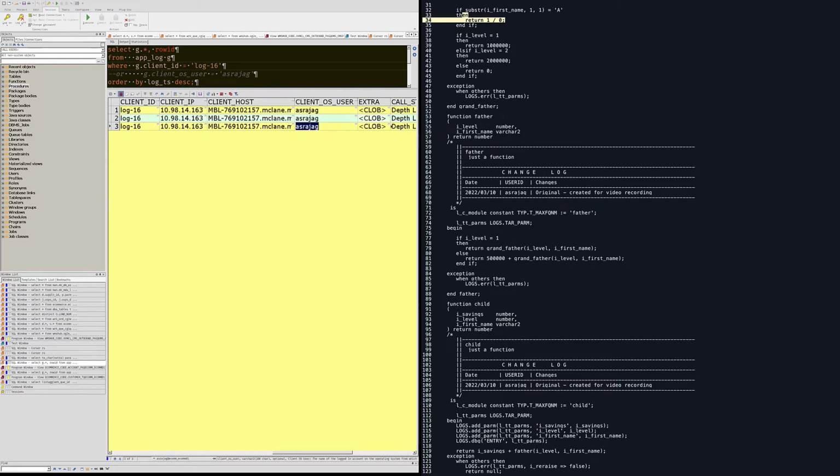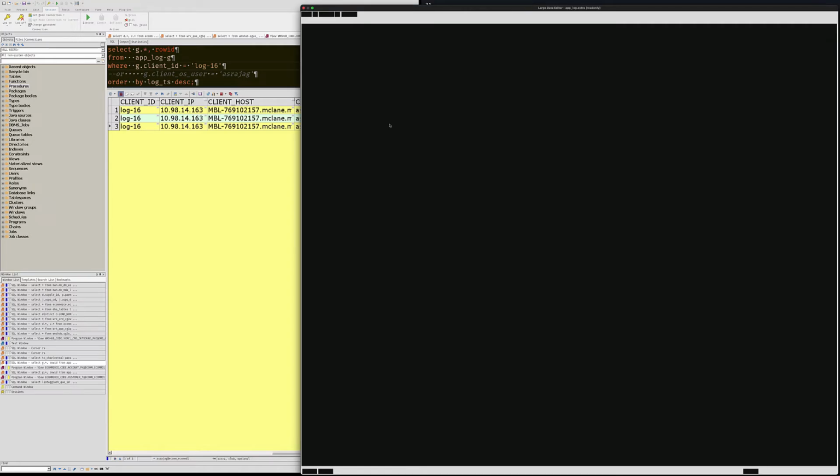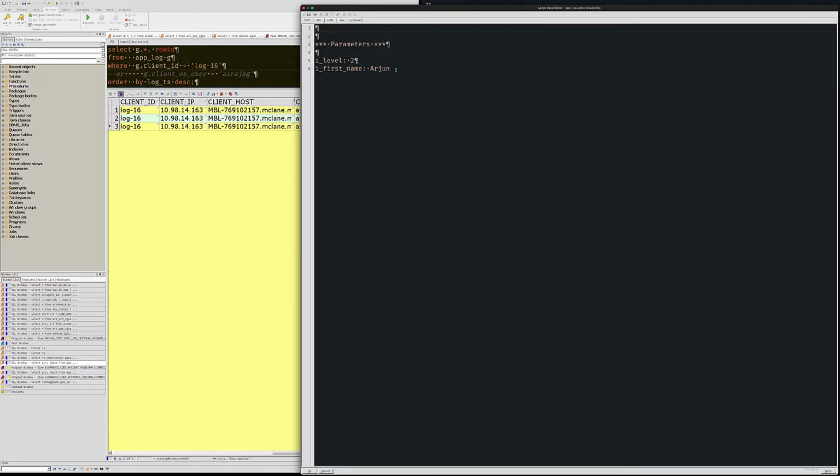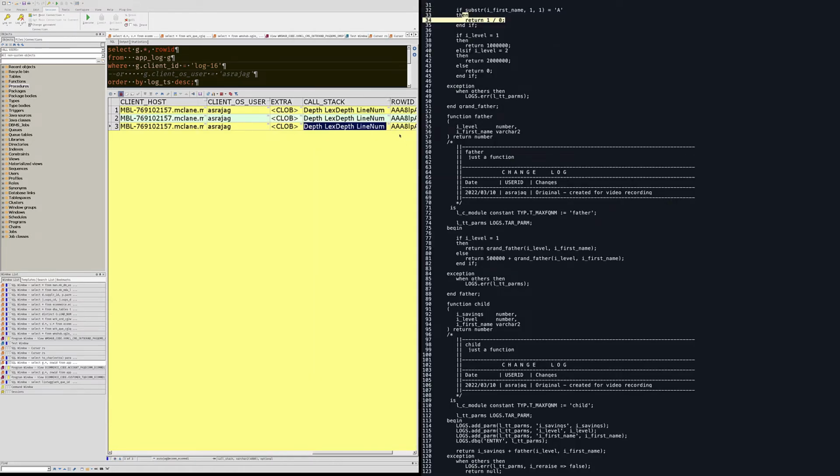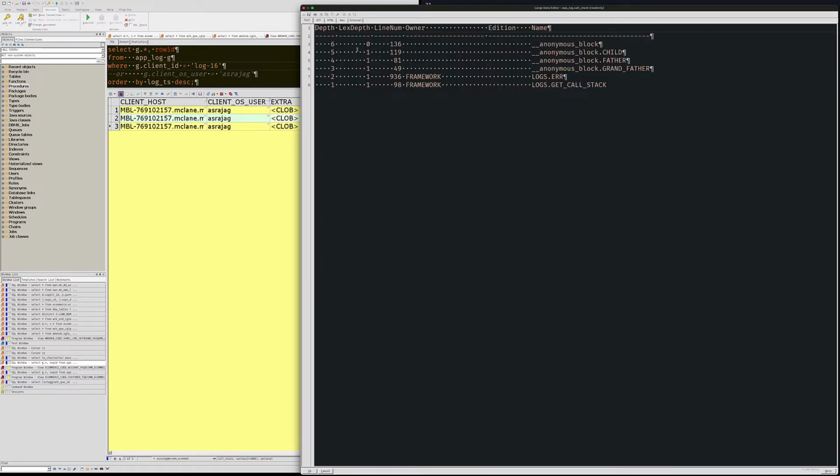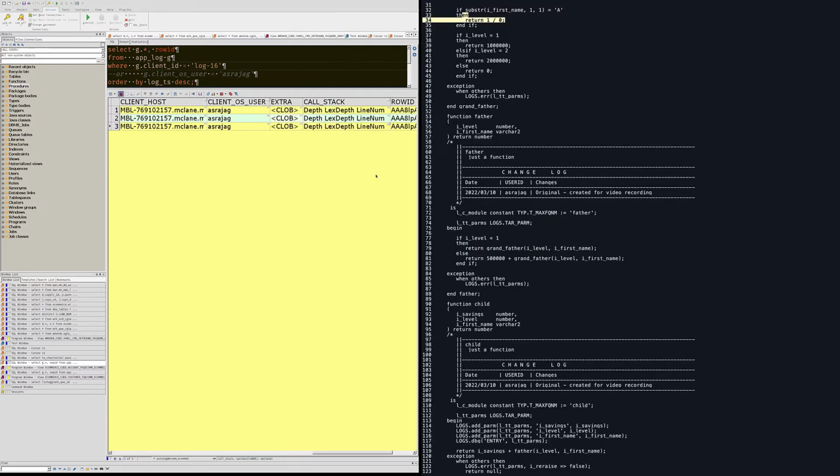And again, this call stack is going to go from the anonymous block. This is level 2 Arjun, and this is the call stack which is going to go anonymous call, called child, call father, call grandfather, and the logs dot error and the call stack, right? It has the complete thing, with all the line numbers. Now going into the father, since he raised an exception,